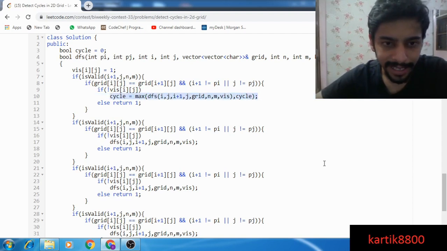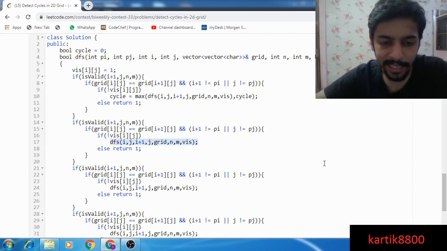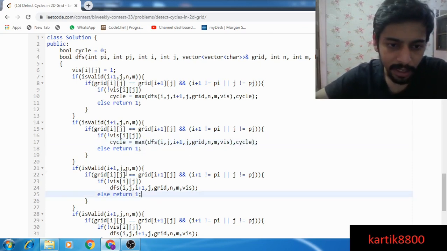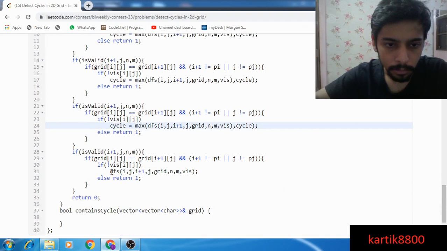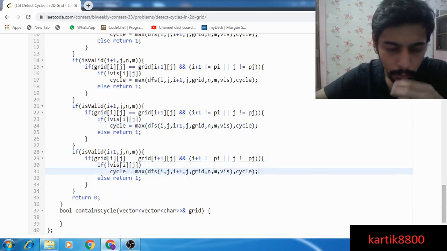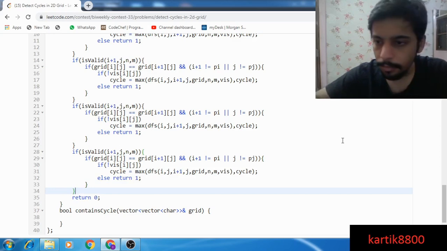So whenever a cycle gets detected, you set your cycle variable to 1. That's the idea here. Anywhere if a cycle is detected. Okay, makes sense to me.